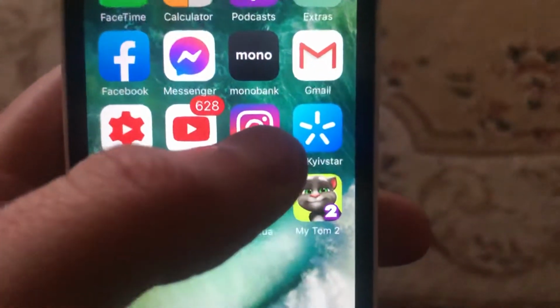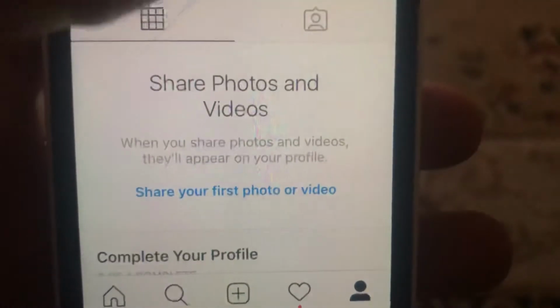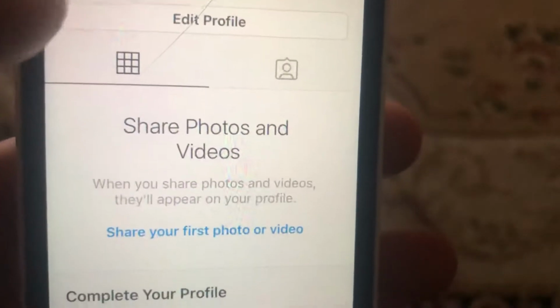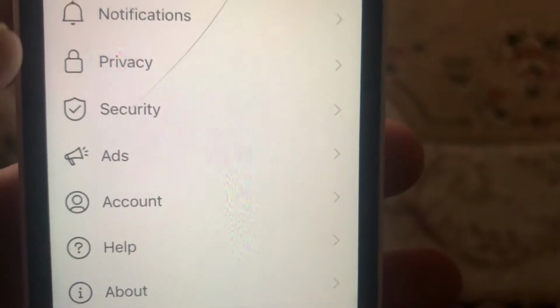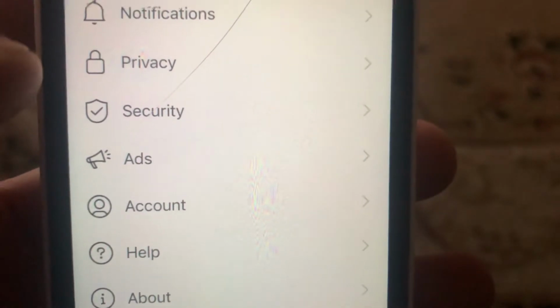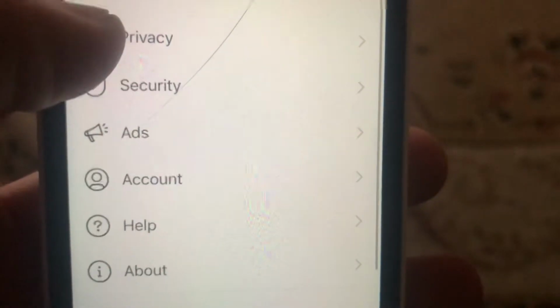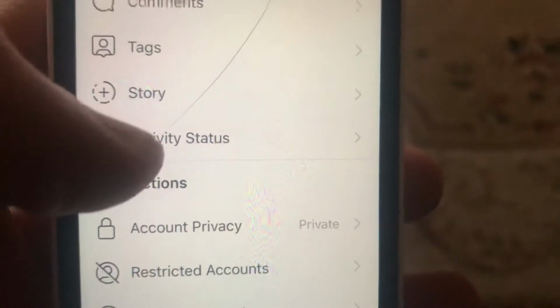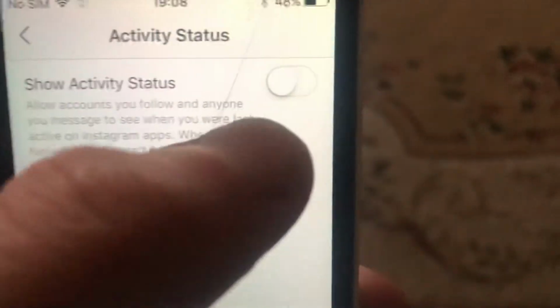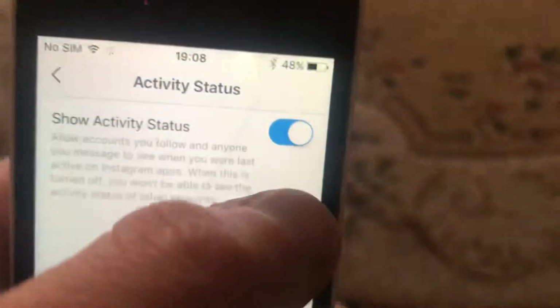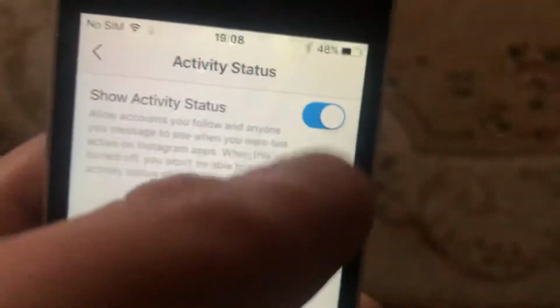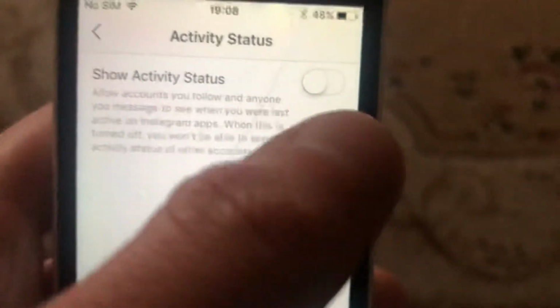So for doing this, just go to the Instagram app. Now just tap here, and now you just need to tap on the settings, and in the settings you need to find here privacy, and in privacy you need to open activity status, and now you can see that I disable it, so just tap on it, and now no one will see